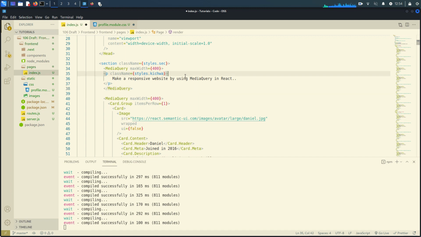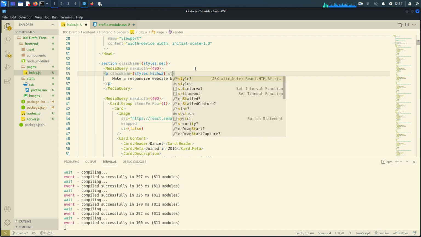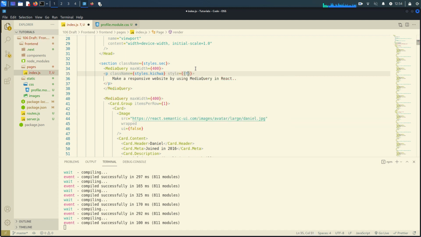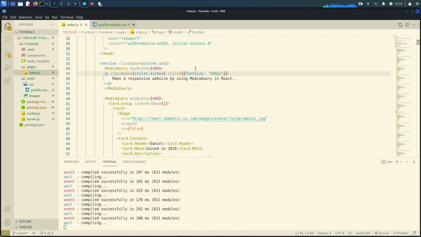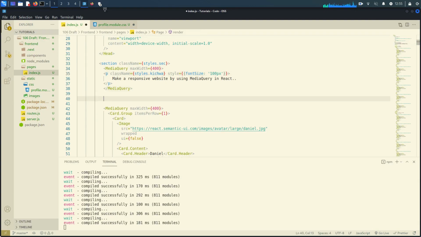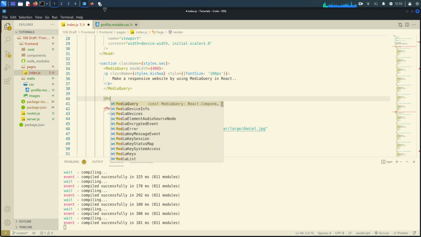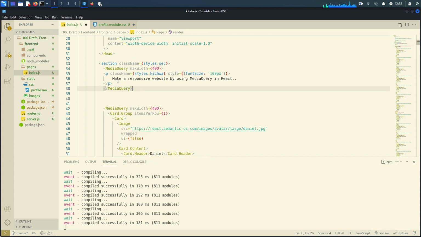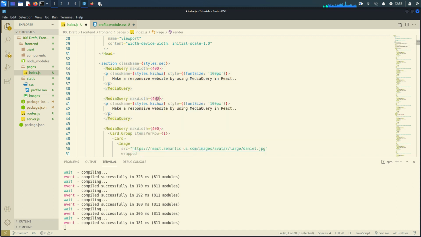For this I want to apply style of font size. Let's make maybe 100 pixels. Okay, so let's also say media query. Let's copy this and paste it down and edit this. Let's say for max width of